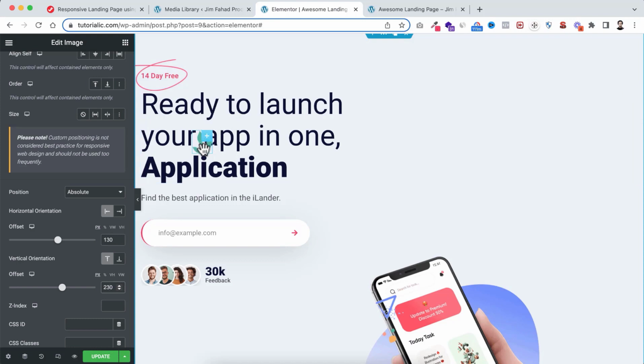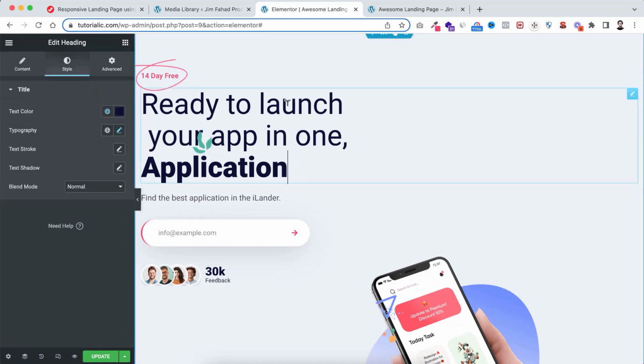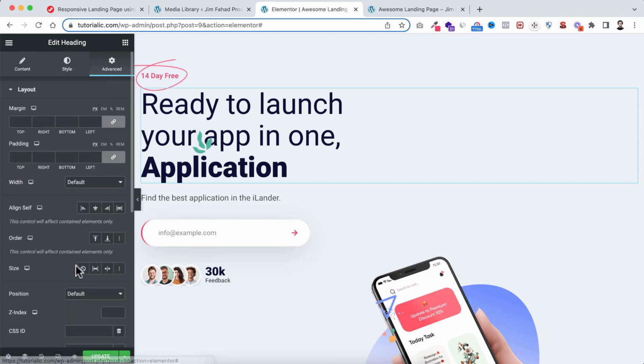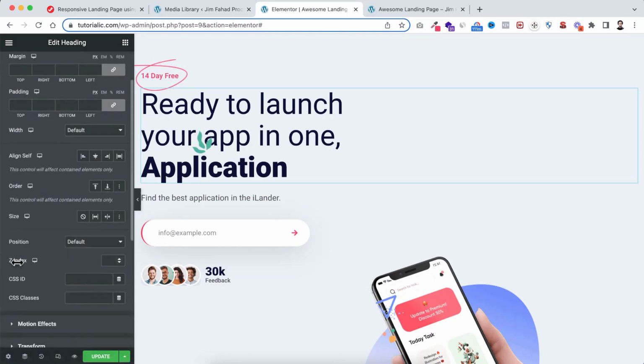So at this moment, if we set its z-index value from here, if I set it to 0, and then let's select this heading widget, go under its advanced tab. From here, if I set its z-index to 0, you see nothing is changing because its z-index is 0 and this heading z-index is also 0, but instead of 0, if I now